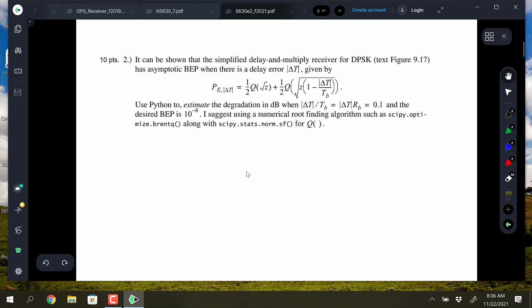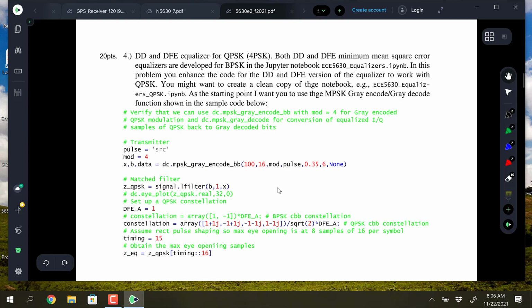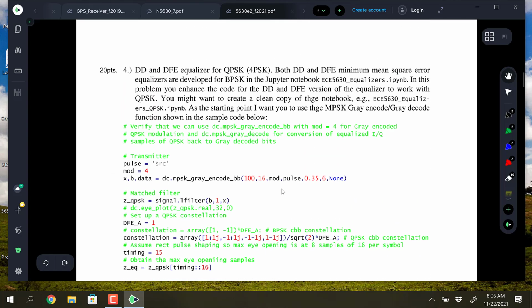It requires at best root finding. When I did this as an in-class exam, you can't do as much, but I expect because you are doing this as a take-home, you can do this precisely, using the root finding technique. This one, again, is pretty straightforward. So on the DFE,